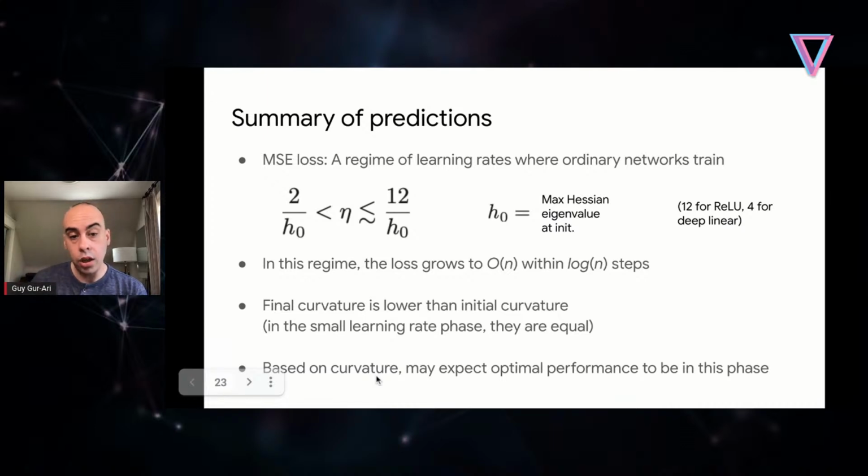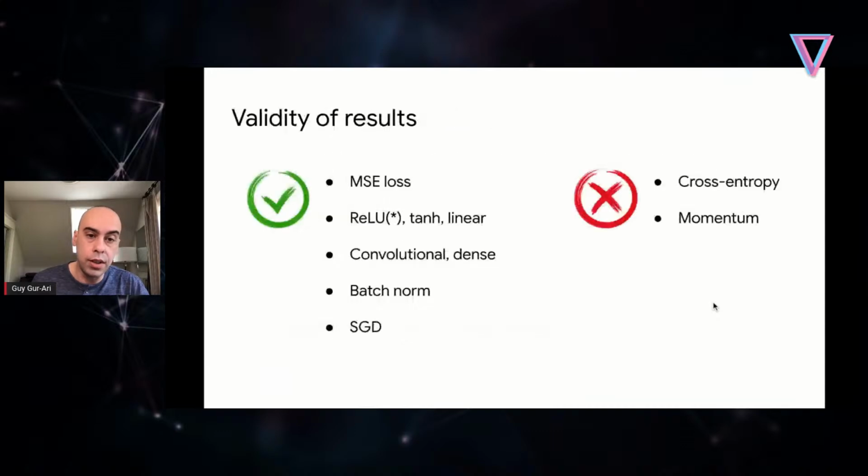Now making a jump, we know that there is a correlation between curvature and optimal performance. We see that with large learning rates, we expect to get lower curvature, and in particular in this regime. So we can speculate that this is the regime we want to train networks in, because maybe we'll get the best performance there just based on curvature. That remains to be seen. We have to run the experiments, because that's not something that theory gives us. This is now a connection we make using other results that we have. So perhaps this is the optimal regime to be training networks in when we use MSE loss.